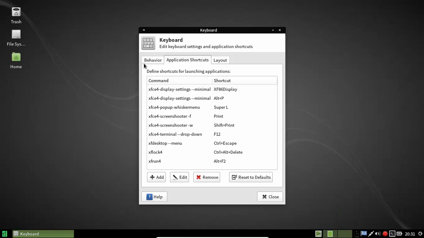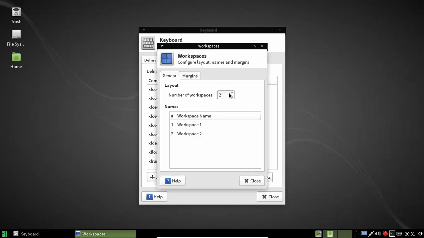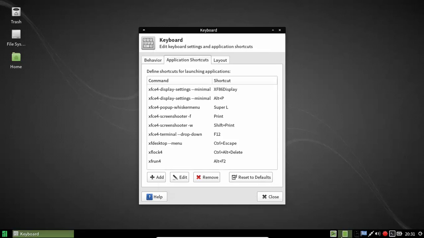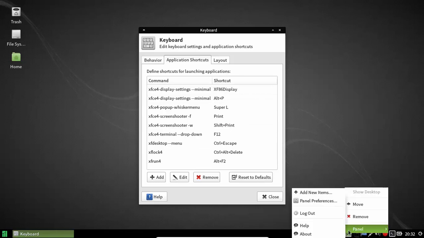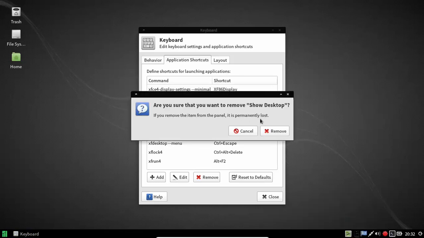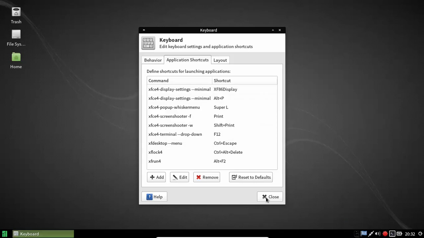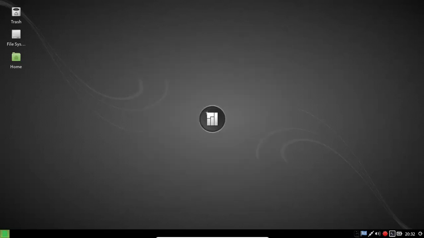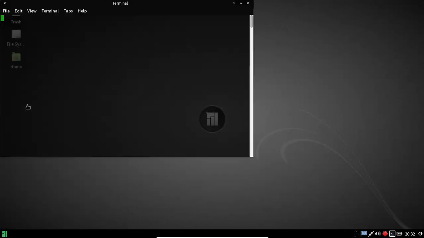I also change this to 1 plus pause, and I move workspaces because I'm not a fan of workspaces at all. And the show desktop I never use, so I just get rid of that, close that, launch my terminal,